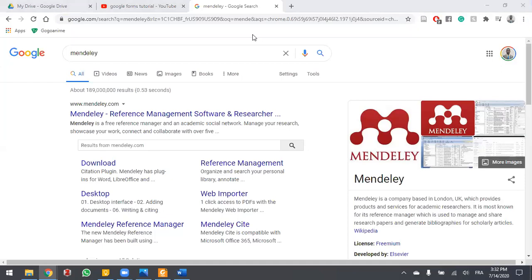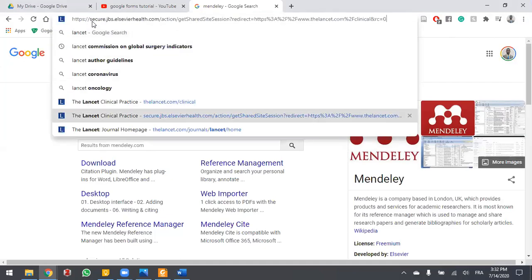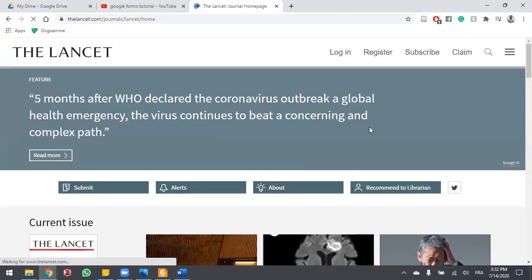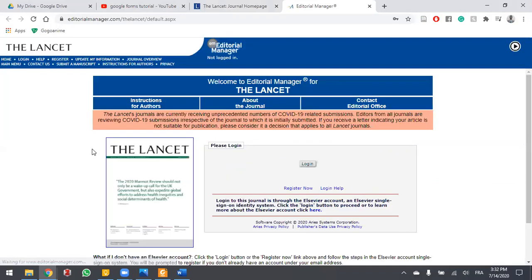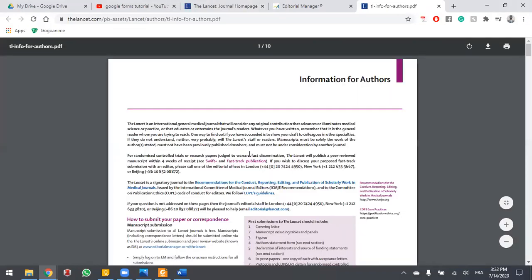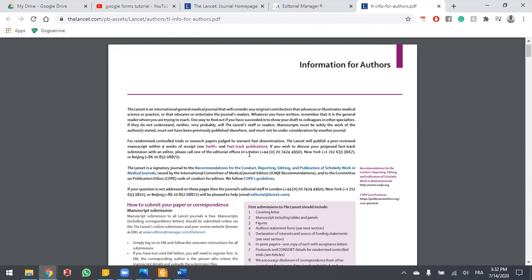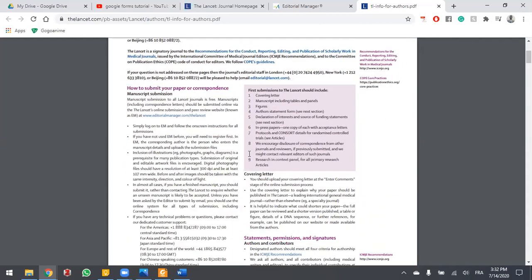And when I mention this, now what should come to mind is the fact that submissions depend pretty much on, let me show you this. I'm going to look for the big guns, okay? Lancet. Submissions depend a lot on the journal they're going for. So if you had a paper that can get published in the Lancet, you want to go for the instruction for authors. Always read the instruction for authors. Never write your paper without reading the instruction for authors from your journal. They're very strict, so be careful.